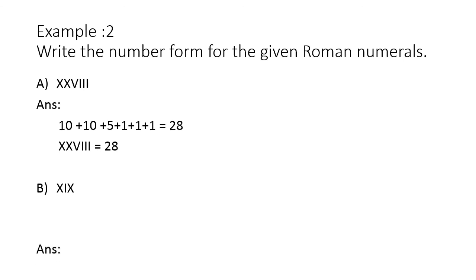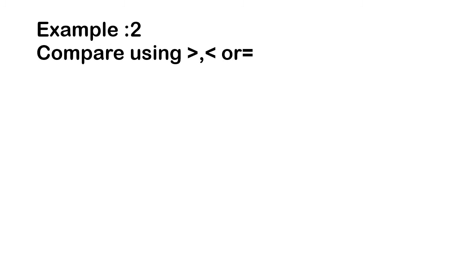So next one. So here what is the maximum value? 10. So the first one is 10. The next one, 10. Look at the I here. It comes to the left of the X. So minus 1. So 10 plus 10 minus 1 is equal to 19. So we will see the next example.